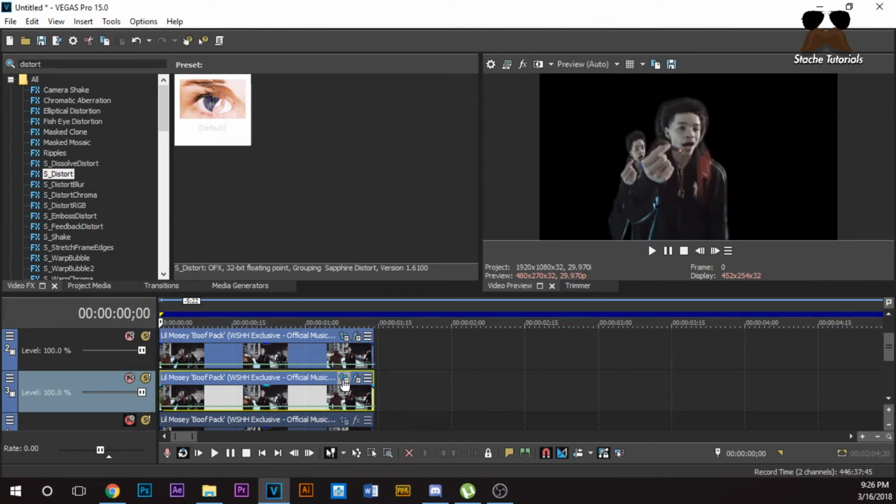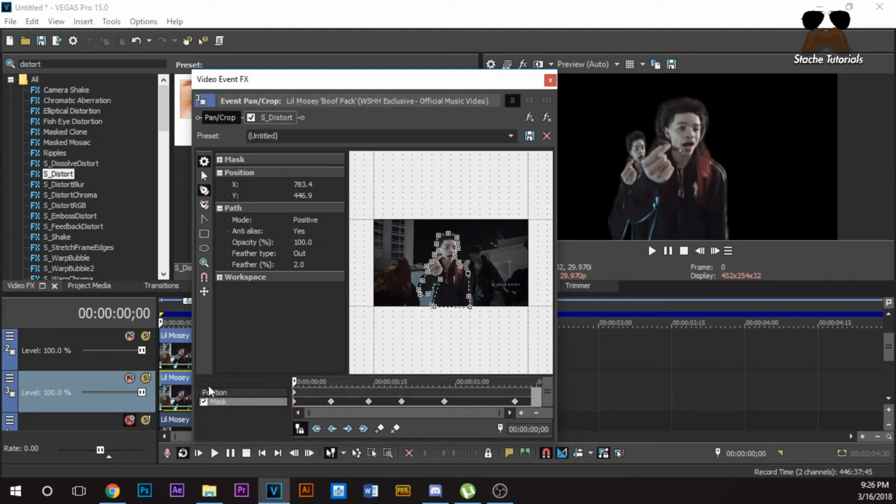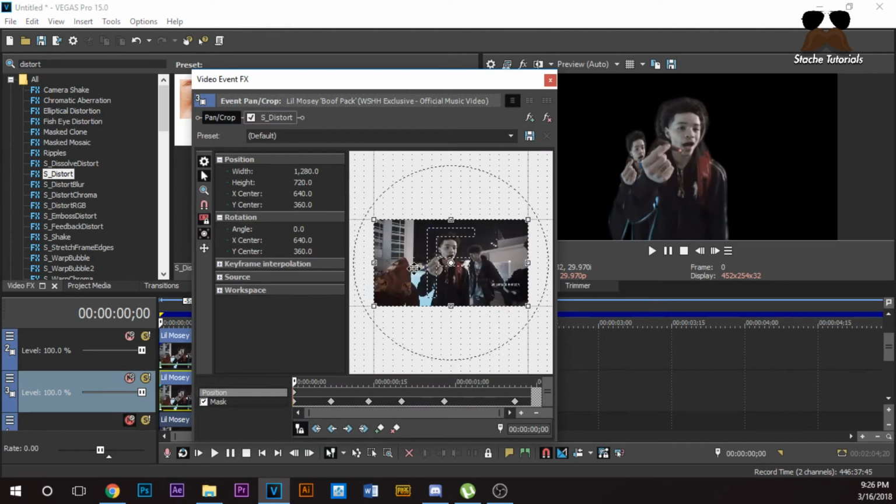So do the same thing for the bottom one. Go to bottom clip, position. I want him to be on the right now. And they're not really that distorted, so I'm just gonna go back and mess with the settings and distort them a little bit after this. But that's basically the whole effect. So there he is